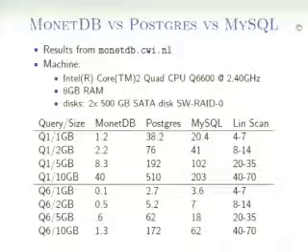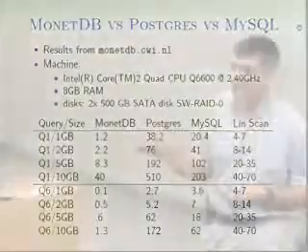So let me give you an idea, from the numbers published by the MonetDB people, of what kind of performance they got, to see just how good X100 is versus PostgreSQL, right? This is on a 4-core machine with 8 gigs of RAM and 2 hard drives. My estimate is that the 2 hard drives together should be able to do between 100 and 200 megabytes per second throughput.